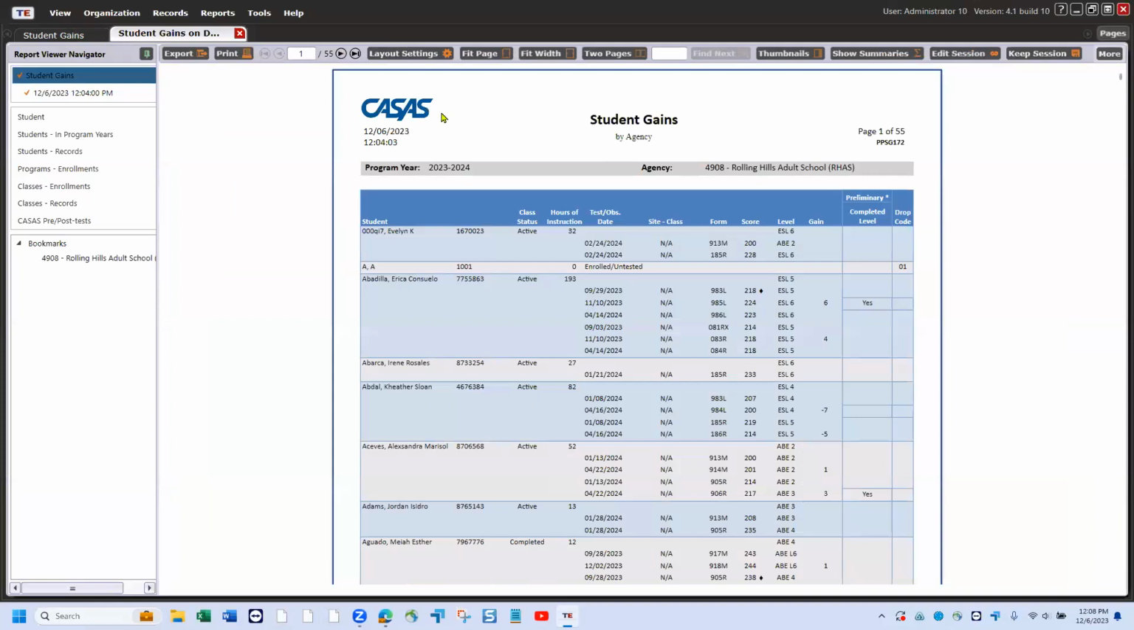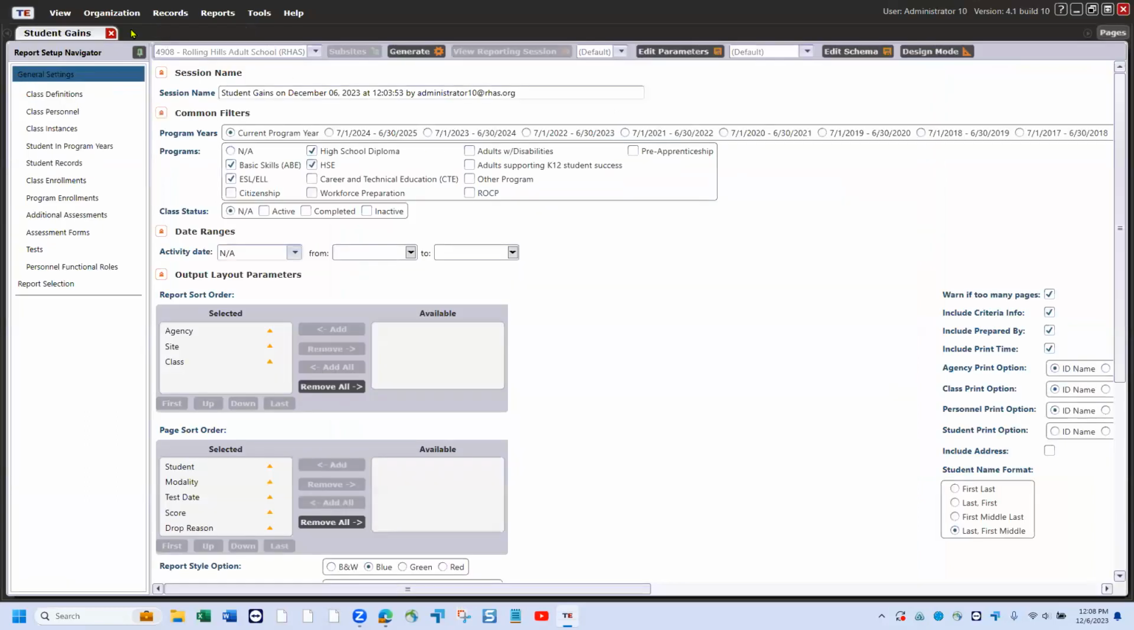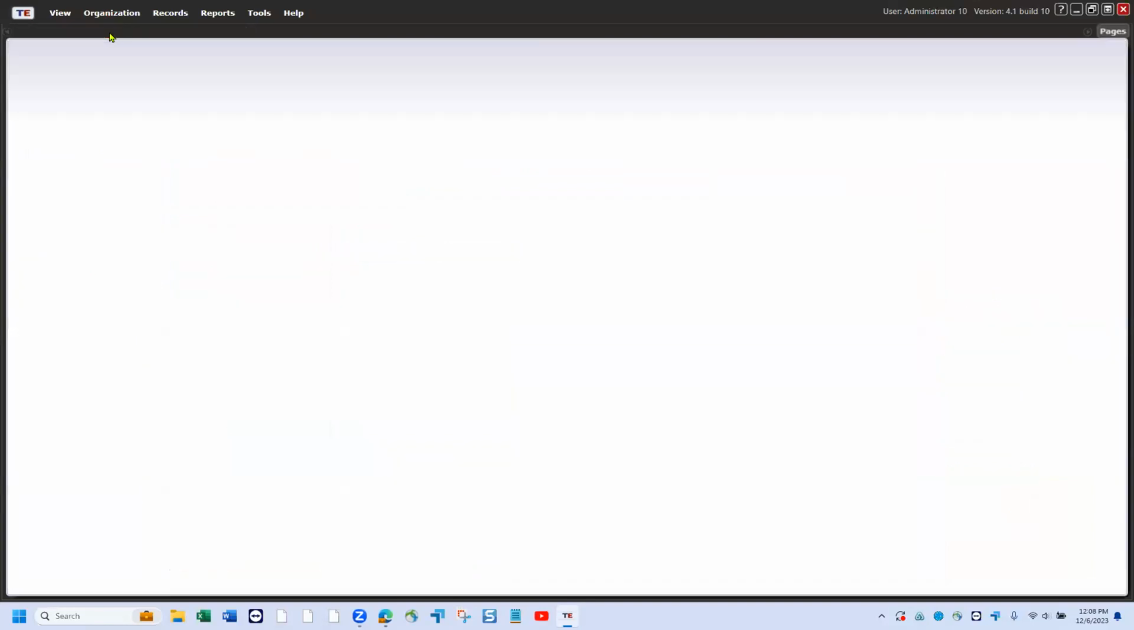And if I click on that and I get rid of my new layout settings, it brings me right back to how the report was originally generated. Now, another nice attribute to the TE reports that we offer is if we do go back, and I'm going to close my pages,